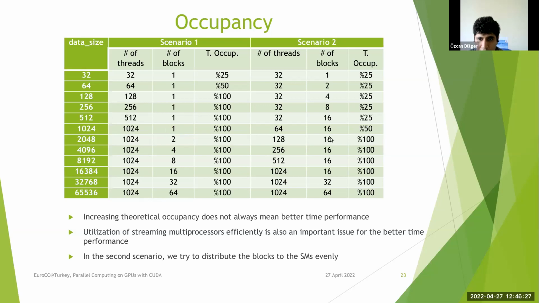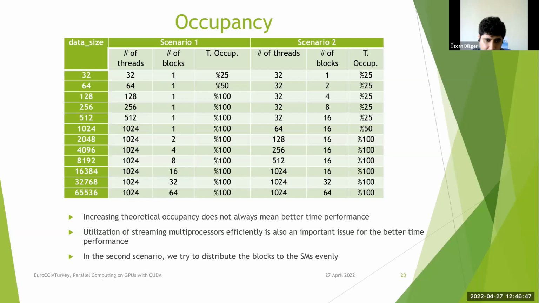The second scenario has 16 blocks. So in the first scenario, only 1 block is assigned to a streaming multiprocessor, so only 1 streaming multiprocessor is active. The remaining 14 streaming